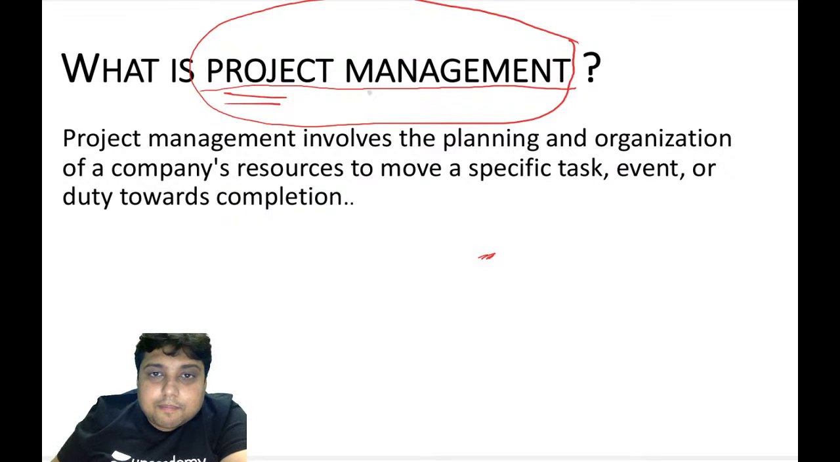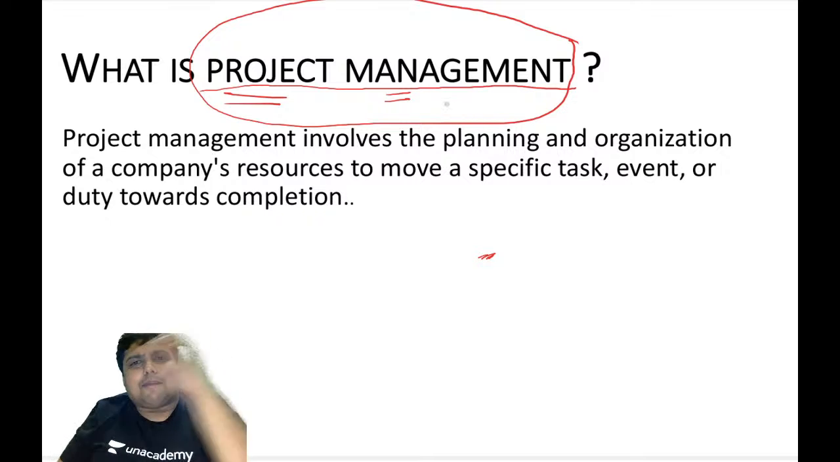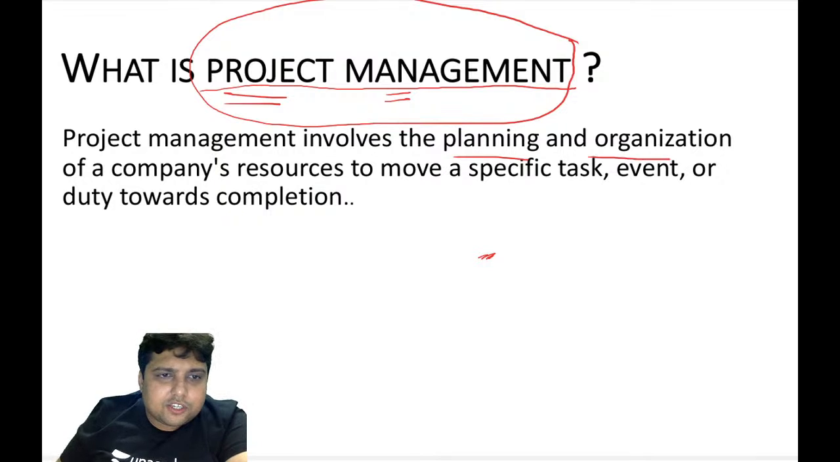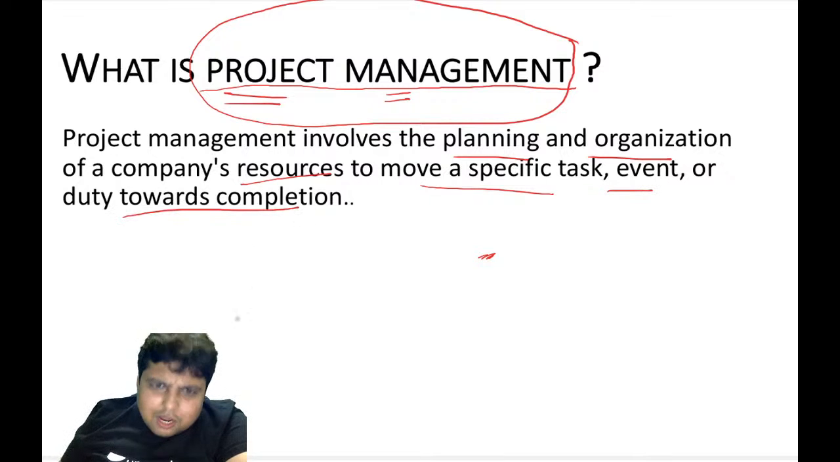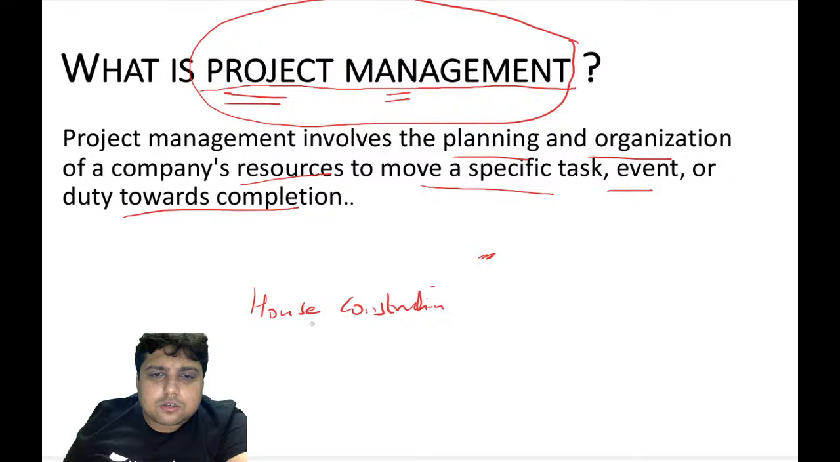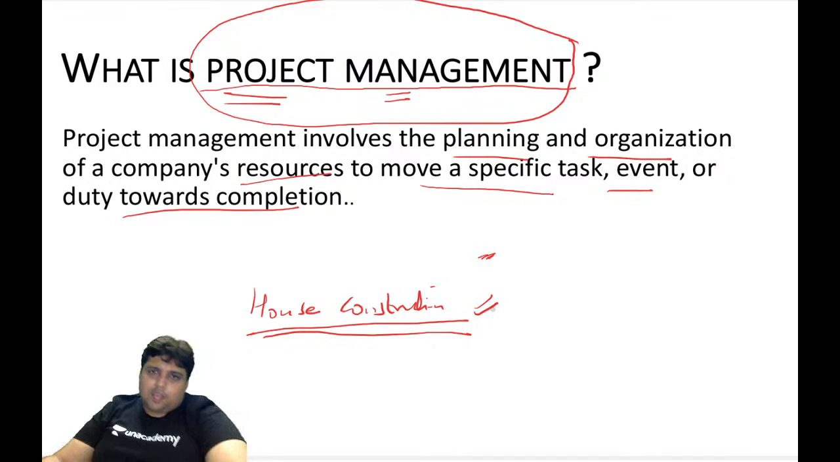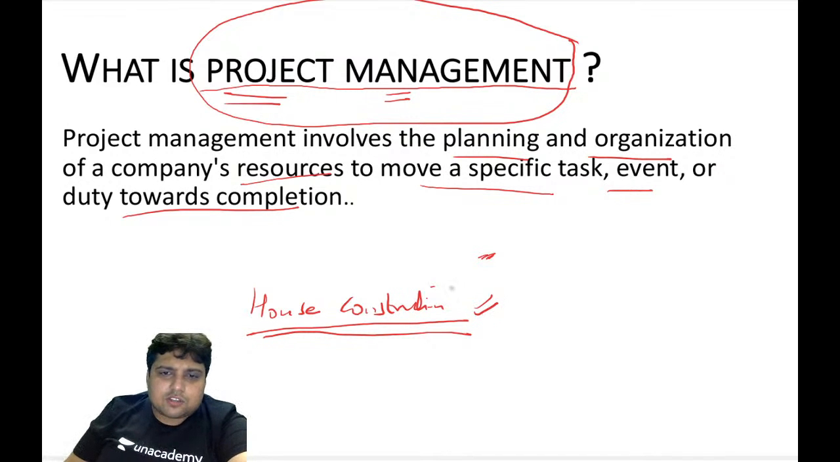My friends, project management simply means involving the planning and organization of a company's resources to move a specific task, event or duty towards completion. Just now I shared an example of house construction. Most of you are well aware of this, because most of us have a home, and if you don't, you know what the procedure is. So if you consider house construction as a project,